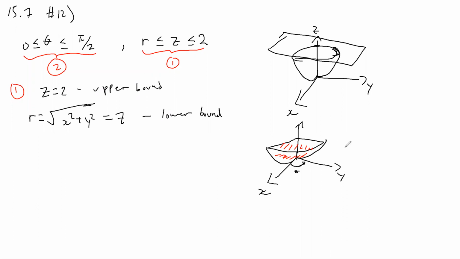All right, let's move on to number 18 from 15.7. Let's see what we have at number 18. For number 18, we're going to look into solving actual triple integrals using cylindrical coordinates. They specify that we have the triple integral over a closed region E of the function z times dV. What we're supposed to do is solve this triple integral